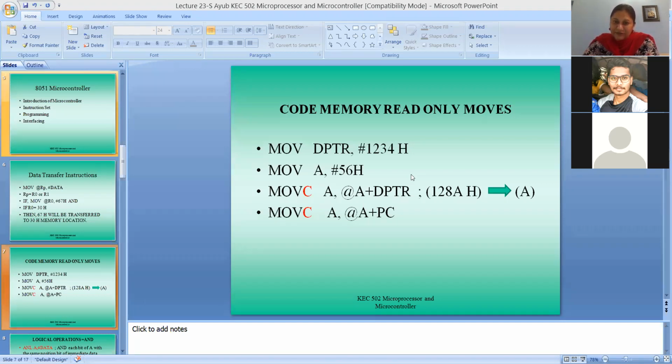Have you studied this some time in first year or second year? Do you know thermistor? Thermistor, thermocouple. Have you studied all this?